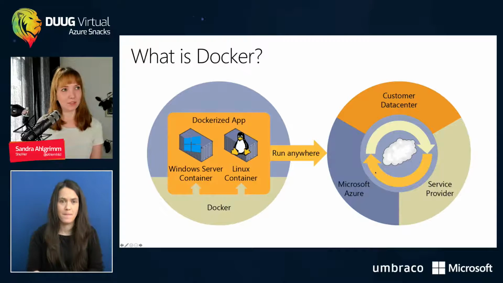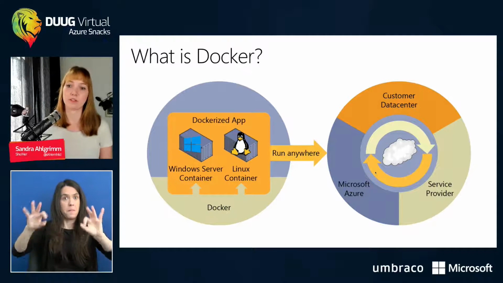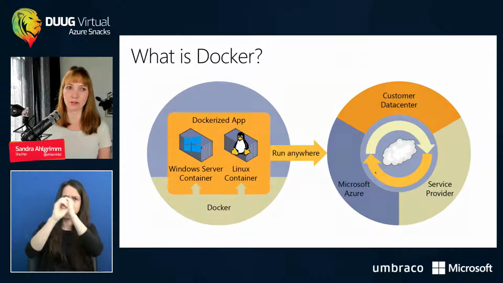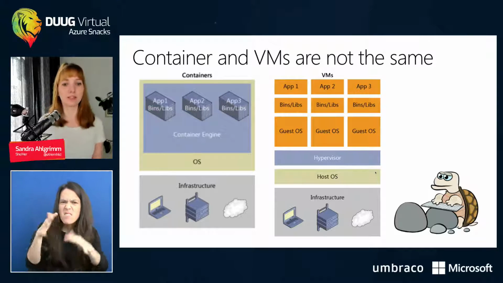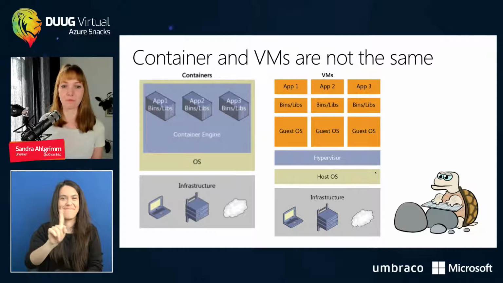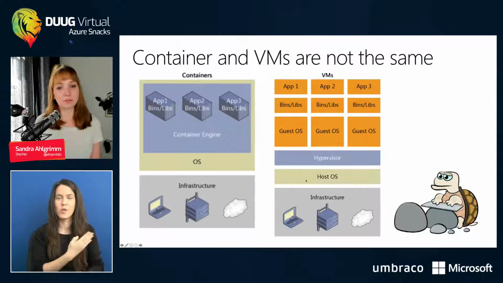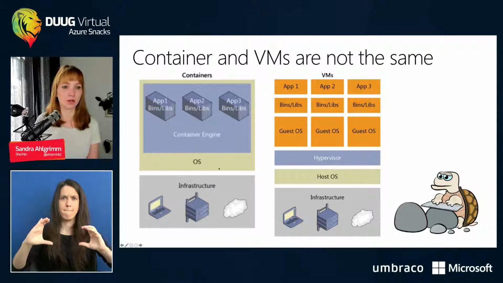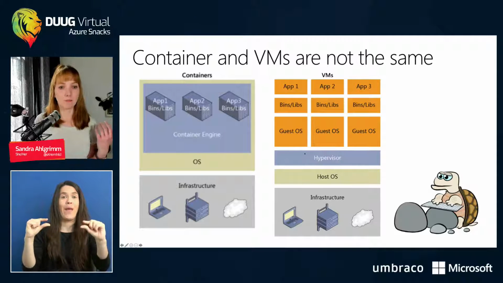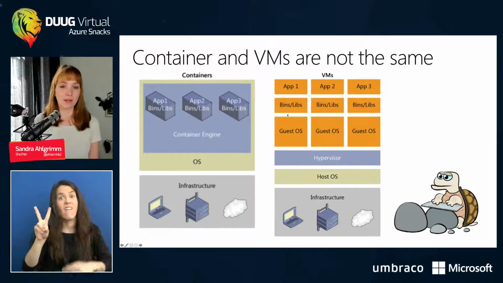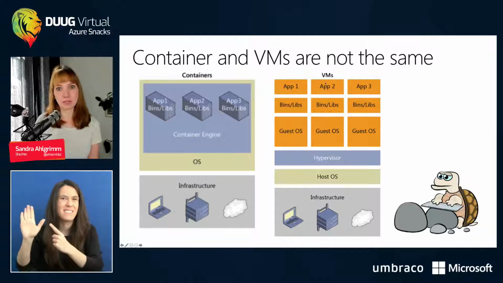So, putting everything together that I need to make sure that it will run as expected, I already know this concept. Haven't we used that before? Yes, probably with VMs, but they're not the same. If we have a look, you probably already saw this picture somewhere. We have the infrastructure as base for both of the scenarios. And then we do need an OS, basically. So we have the host OS on both sides. But then it starts to become different. We have the hypervisor we need for our VMs. And then for each VM, we have our guest OS, then all the dependencies with the running applications on it.